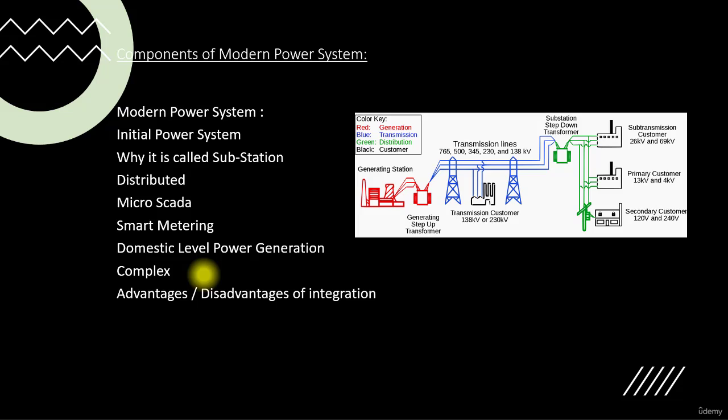The advantages are obviously that power is now available. You can switch on especially the cheaper source available in your network, and if one generation is tripped, another generation is available to take the load